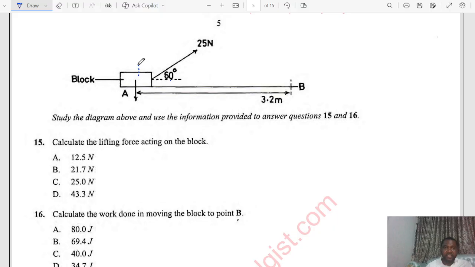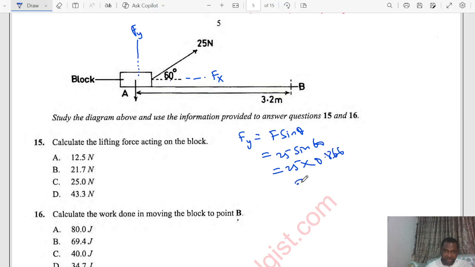This force has a vertical component, which is what we call the lifting force, and it has the horizontal component, Fx. So the lifting force is the vertical component, which is Fy, equal to F sine theta. Your F here is 25, then sine theta, that's sine 60. So that is going to be 25 times 0.866,